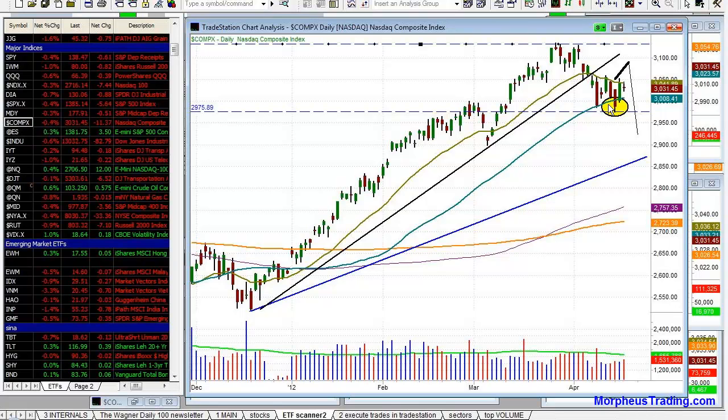Now, once again, there's another major support level right here, so it doesn't mean that the market comes totally unglued, but it certainly would be a bigger correction. It would tell us a bigger correction is at hand, and we could end up getting a 15 or 20% correction out of this. Now, what we do want to take a look at here that's important with the Nasdaq